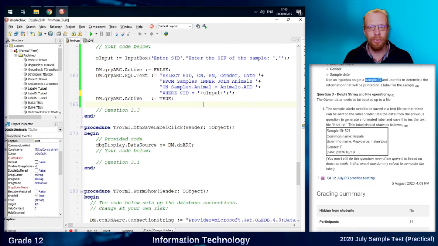Right, last question. We need to write all of this to a file. The sample labels need to be saved in a text file so that these can be sent to the label printer. Use the data from the previous question to generate a formatted label and save this in the text file label.txt. The label should appear as follows. Bear in mind the note at the bottom. This will apply to all your questions